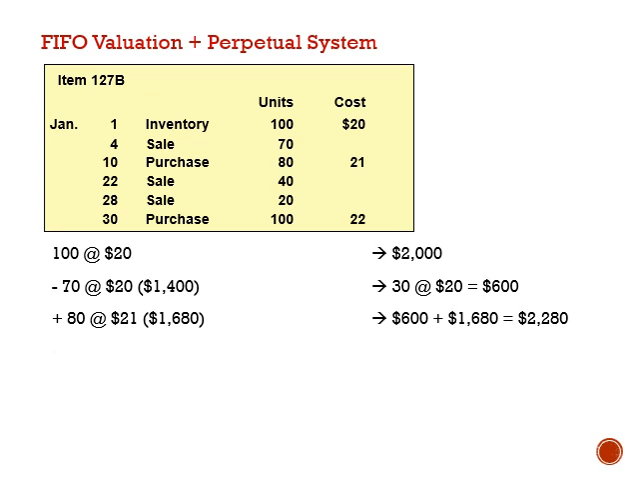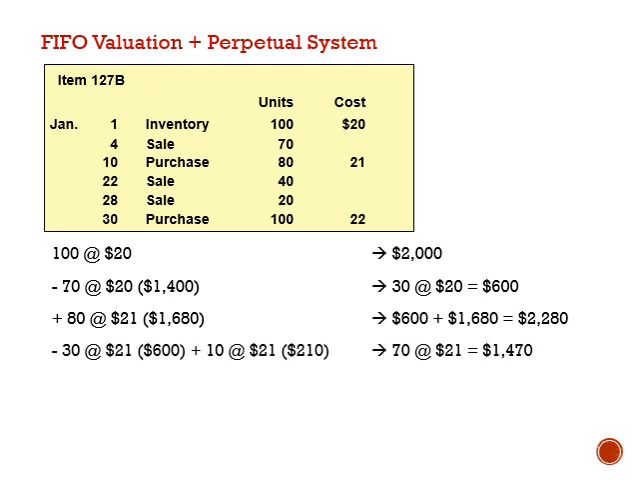$2,280. On 22nd of January, there is a sale of 40 units where 30 units are from the old batch at $20 per unit and 10 from the new one at $21 per unit. At the end of the day, we have a balance of 70 units at $21 to get to the total cost of $1,470. On 28th of January, we have another sale of 20 units, but we have only the second batch to sell from, and at the end of the day, we have a balance of 50 units at $21 each to get to the total cost of